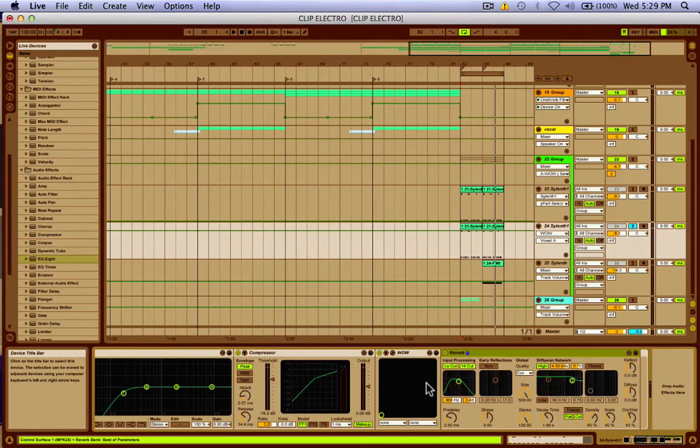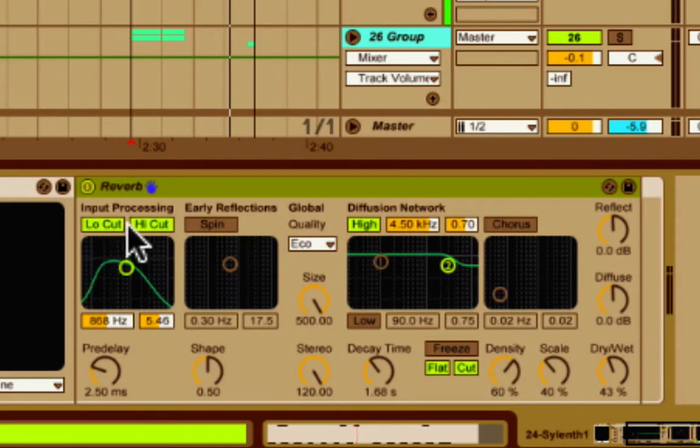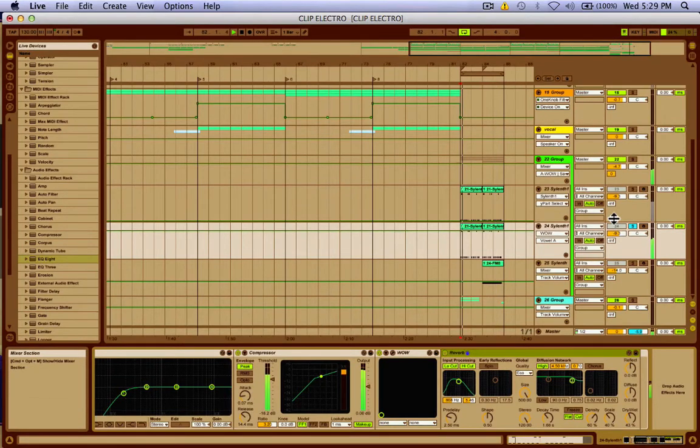And for reverb, I pretty much turned on the low cut and the high cut, kind of put it right around the middle. So notice this pre-delay is where it's always at when you open up a reverb. Size is at 500. Stereo's up all the way as well. I turned off chorus and spin. Decay time is at 1.68, and our dry wet is at 42%. So altogether,